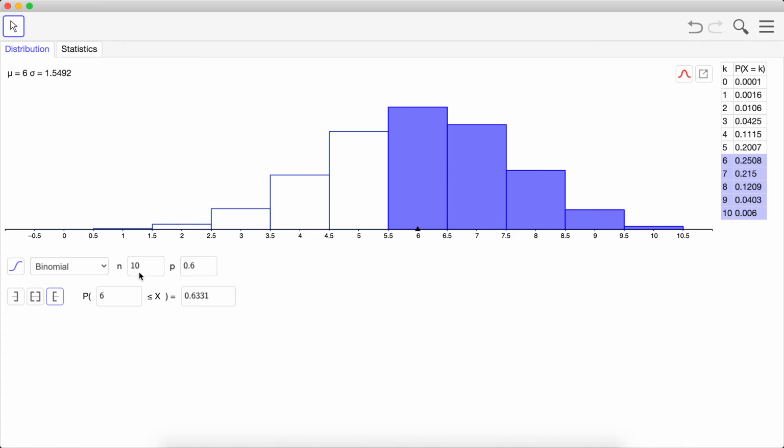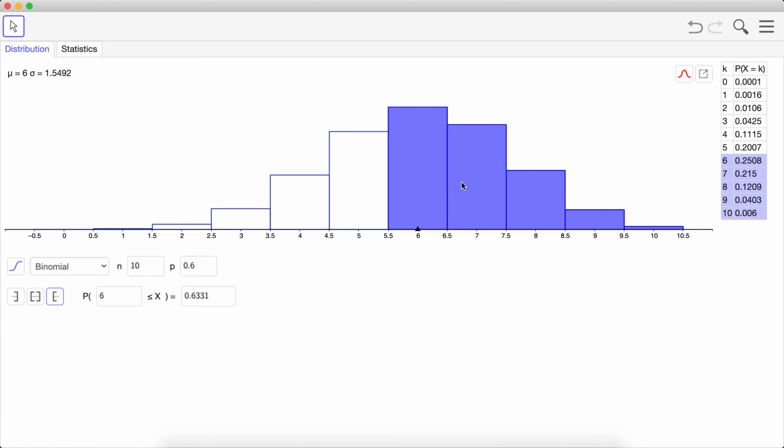It's binomial. It's got a sample size of 10, and then the probability of success being 0.6. So this tells me that this area under the curve right here is 63%-ish, but this is just by virtue of the app that I have that can do this for me. If I want to get my calculator to produce something like this, because the calculator is all you're going to have on the AP test, knowing that it only gives us the left tail, we can try to do some